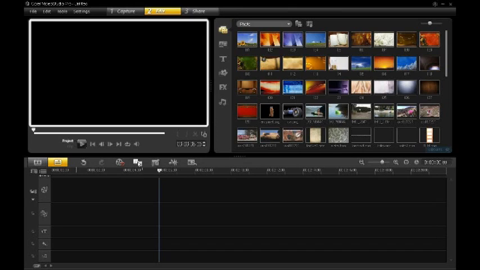Undo, redo, we have that happening right in the timeline. We have a quick capture to the timeline where you can capture a graphic from the video you're having. You can also capture directly to the timeline from a video source without having to go up to the capture tab. We have a batch convert. For those of you who are doing webcasts or any kind of web productions, if you use the batch convert, what that allows you to do is import into a file list a number of different file formats, video formats of any kind of video, and conform them to one format. So if you have a whole bunch of old video that is every format under the sun, this will